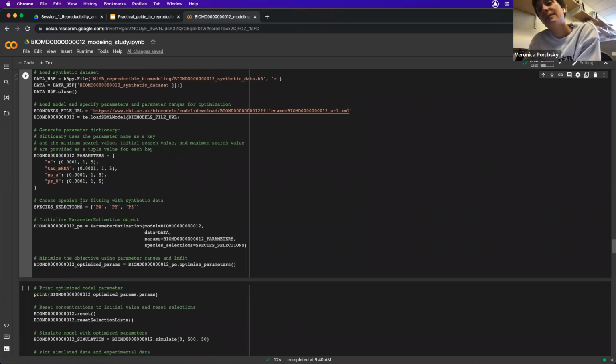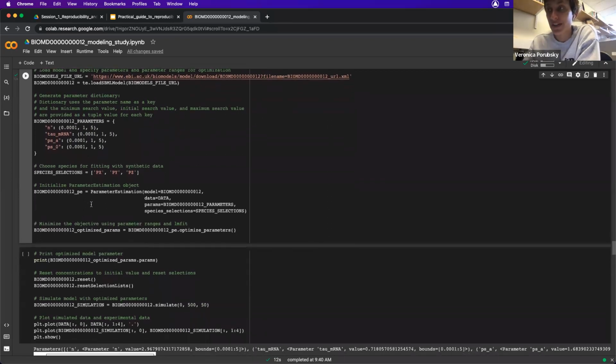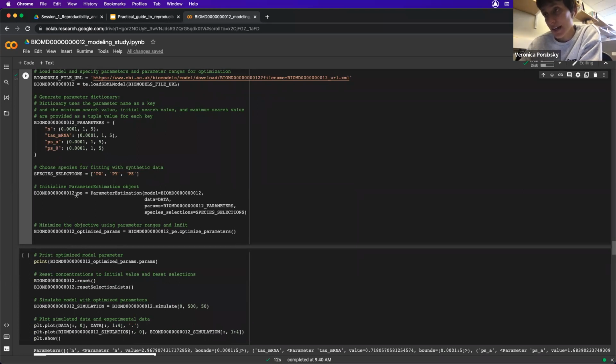Okay, so once you've specified all of your parameters, you're going to go ahead and choose which species you want to use for fitting synthetic data. Like Joe talked about, you may do some sort of cross-validation where you're only using a subset of data in your optimization routine, and then you're running it multiple times. Here, I'm going to use the proteins. I'm going to select the proteins as the species I want to use for fitting my simulation to synthetic data,